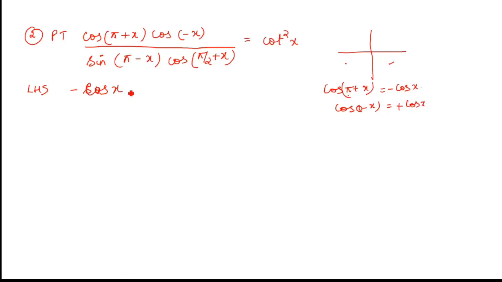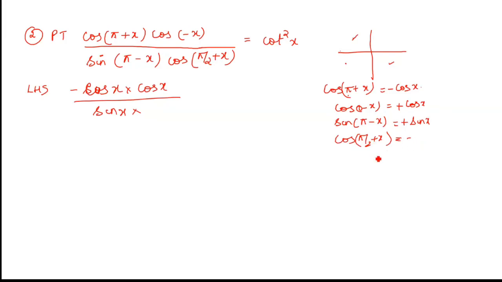So therefore minus cos x into cos x, whole divided by, what is sin (pi minus x)? Pi minus means lying in the second quadrant. Sin is positive. Pi lies on the sleeping line, no change to cofunction. So sin (pi minus x) is equal to sin x. Into cos (pi by 2 plus x): 90 plus lying in the second quadrant, cos is negative, and 90 lies on the standing line, change to cofunction, sin x. So therefore it is minus sin x.